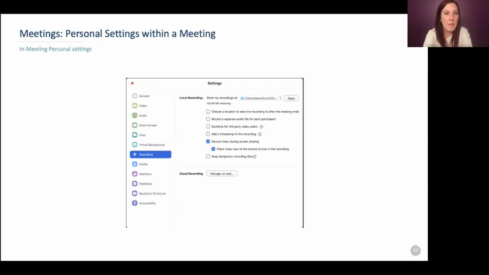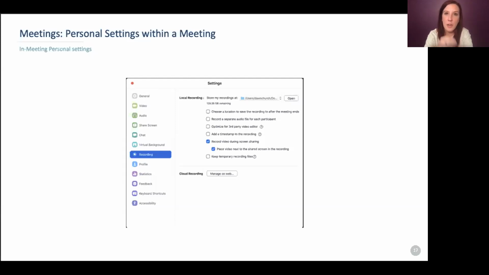And this is kind of what I meant by Zoom is really simple, but it gets really complicated really fast. So when you're setting up a meeting, you have some really simplified settings, especially if you're on the desktop app. And those are going to be settings like who can share a video, or how do you want to do a recording? Do you want to record it to a local drive, or do you want to record it to the cloud? Within the meeting itself, you have more opportunity for settings. So settings like chat notifications and chat enabling or disabling chat.